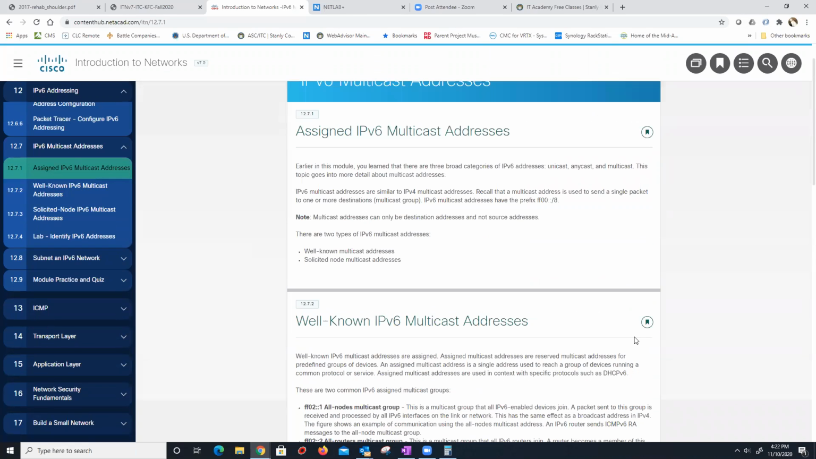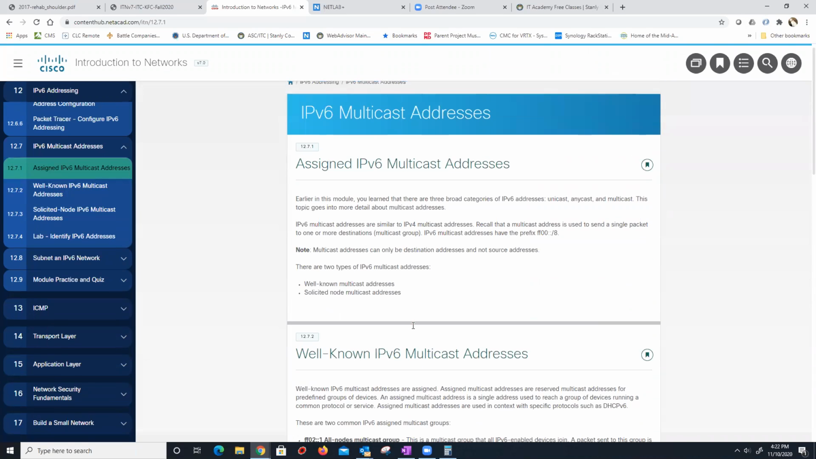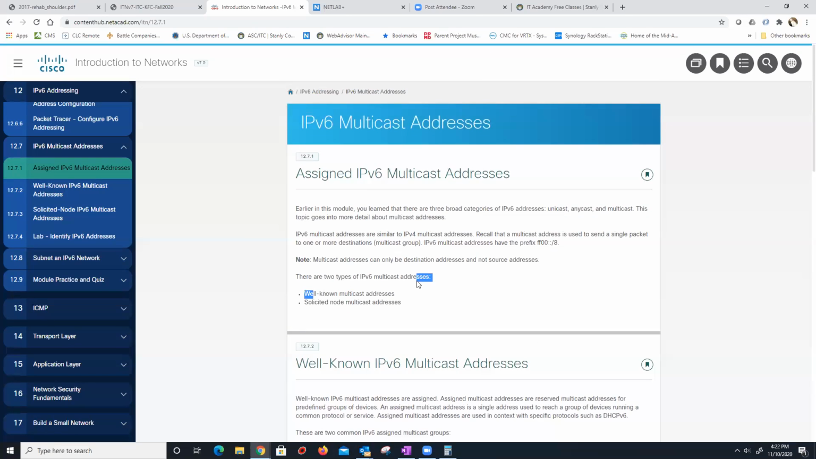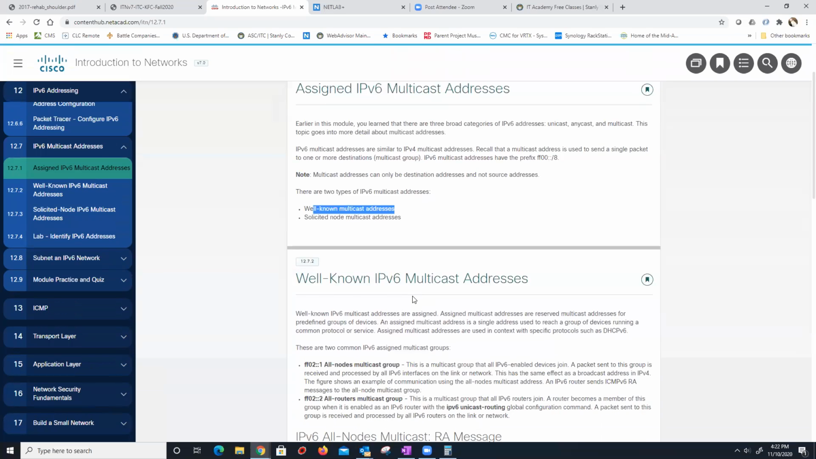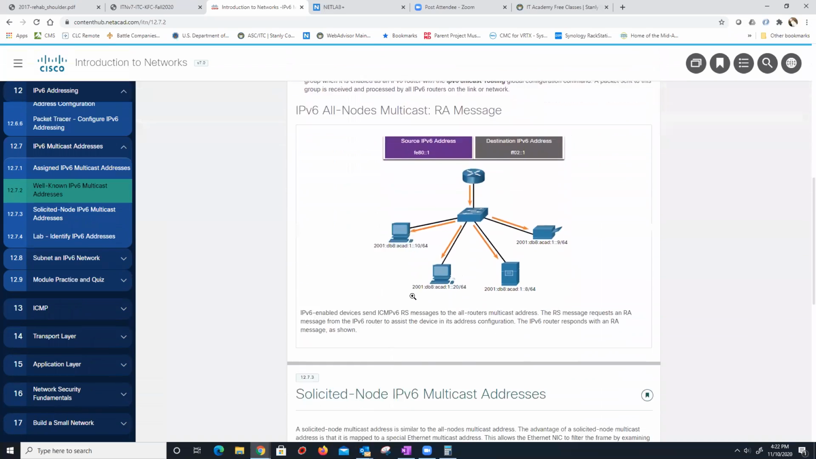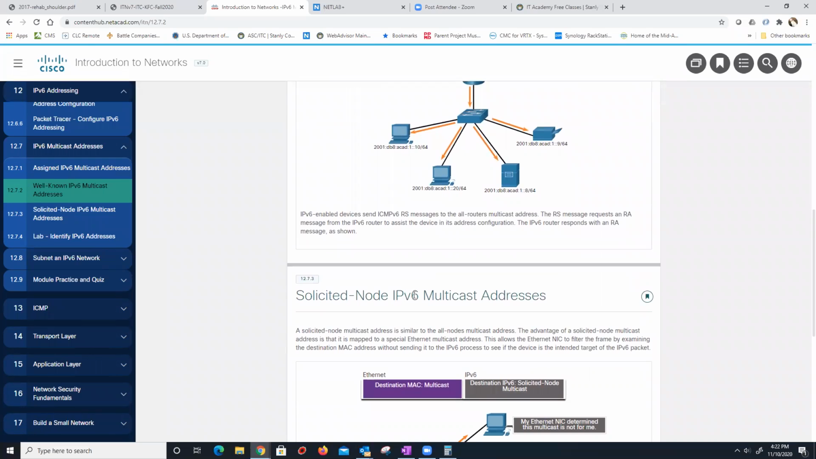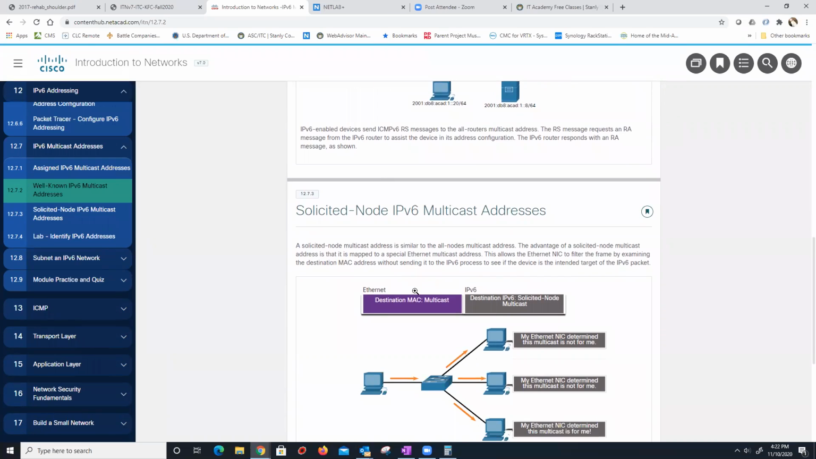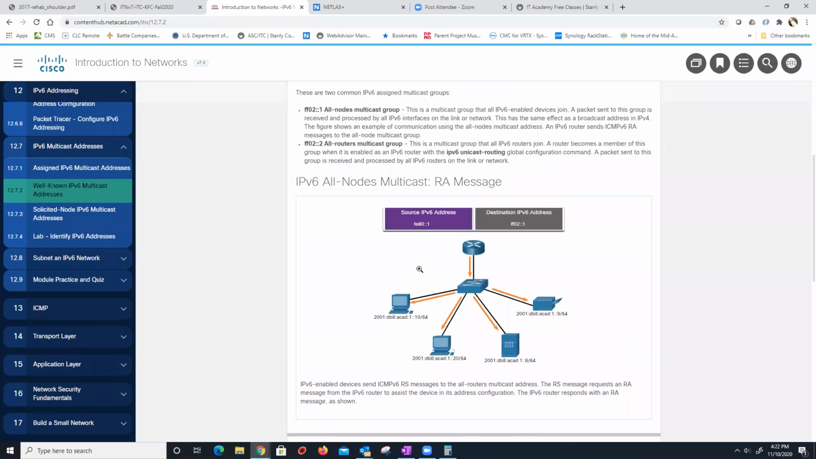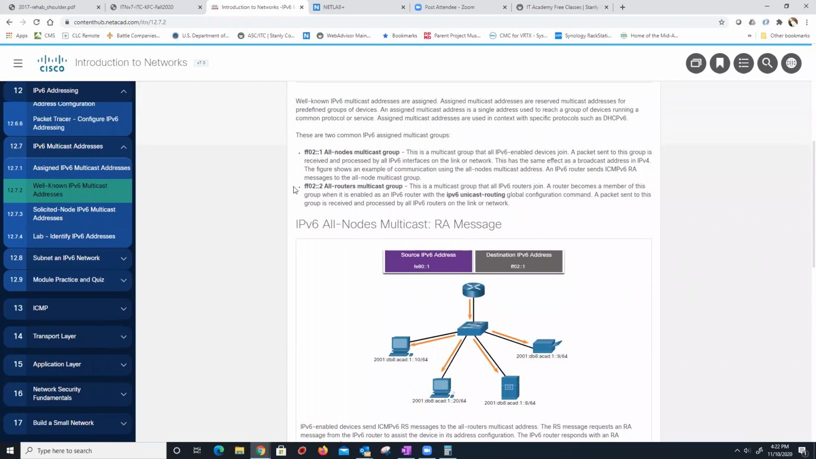Okay. Well, as we said, IPv6 has multicast addresses. So we've got well-known multicast addresses and what are called solicited node multicast addresses. And solicited node is kind of like an all nodes. But the big thing here is they begin with FF02, and FF02::1 is all nodes. So this is kind of the equivalent of a broadcast, because everyone listens to